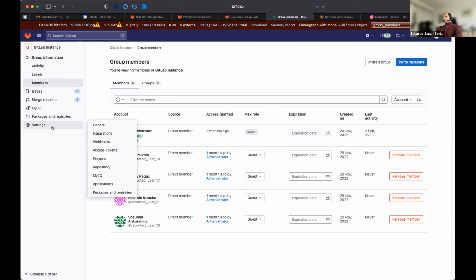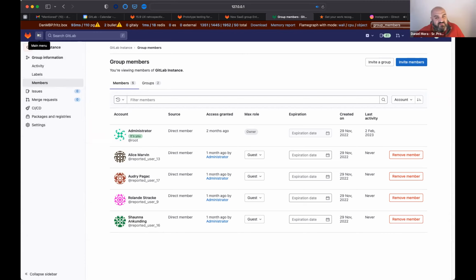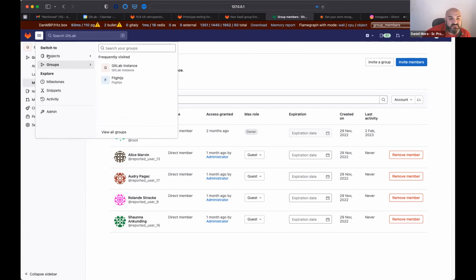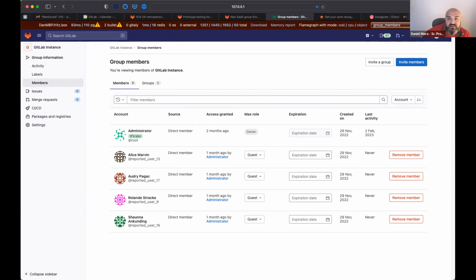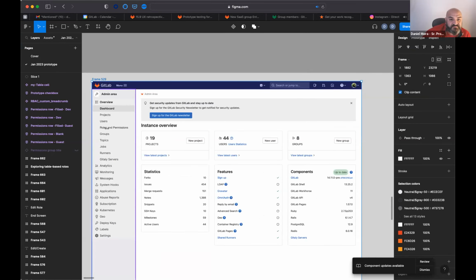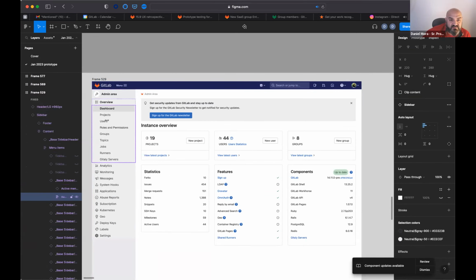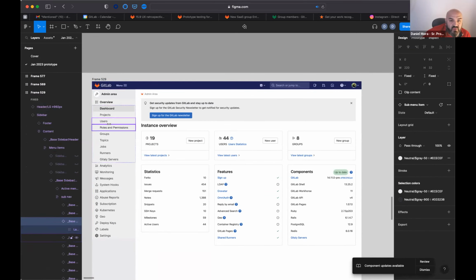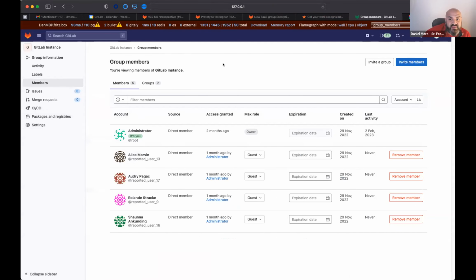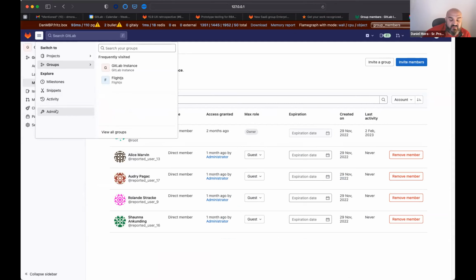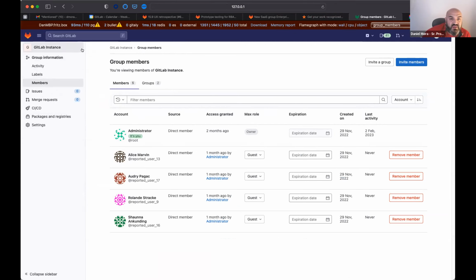I guess in the administration makes more sense. Can I ask you who will be able to create new roles, only top level group owners or admin? So the problem is, it makes sense in the self-managed environment where we have an admin screen, so it looks like this in this admin area, where we have this section next to users and roles and permissions. The problem is when we go to the SaaS environment where I don't have the admin screen and I just have my group,